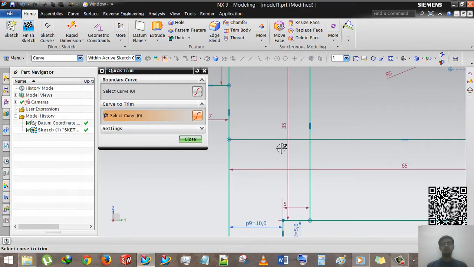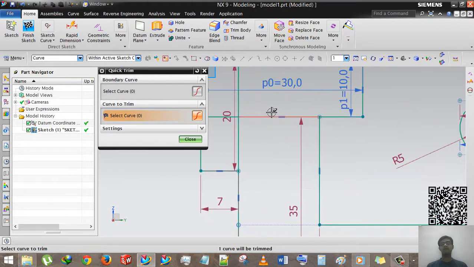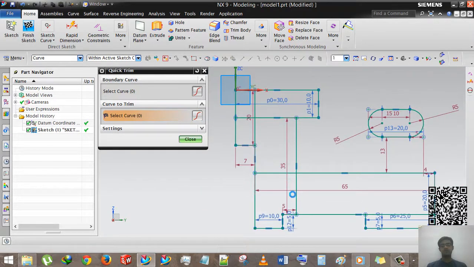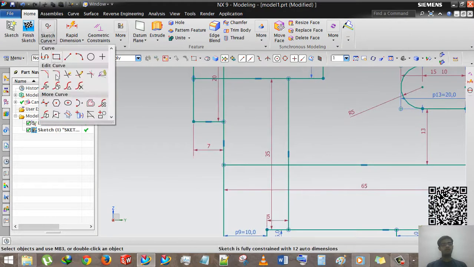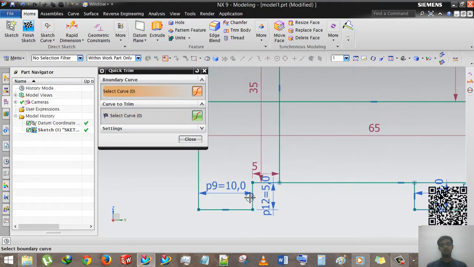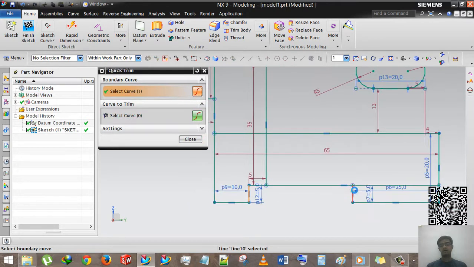So if I want to delete this segment, I just click here and click here, and this will automatically delete until the next corner or until the next point on this curve. Okay, I hope you will understand. We press Ctrl Z, so our line will be back, and now we are selecting boundary curves, this and this.